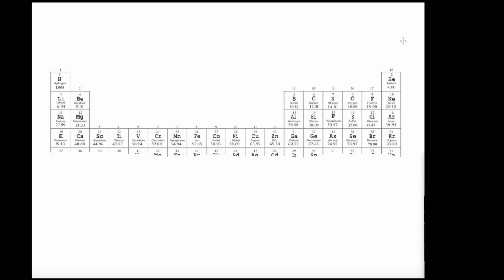Okay, this is the first video in the series to make a review for the common exam, which is next week on May 13th for Chem 8. So you're looking at the top section of the typical periodic table that's used on the common exam. And the reason that we're looking at this is because I need to remind you that